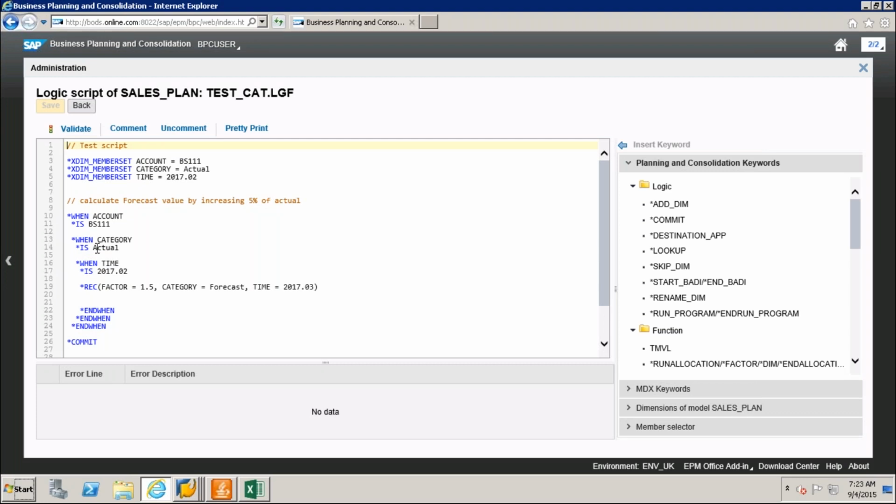What I will take here, instead of actuals, I will take my plan, and instead of forecast I will take my budget, and for time, instead of 4, here also 4, budget.